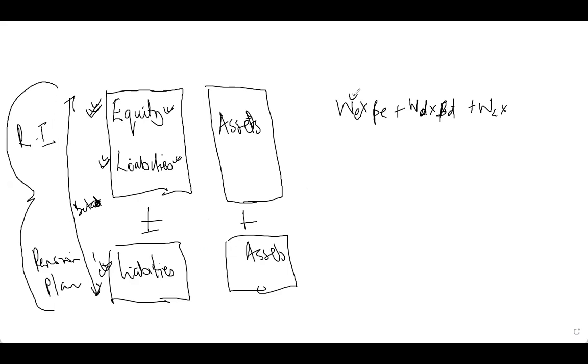So it's going to be the weight of the equity times the beta associated with the equity for Rosetta Investments, plus the weight for the debt times the beta associated with the debt for Rosetta Investments, plus the weight of the liabilities in the pension plan, times the beta associated with the liabilities in the pension plan. Okay. So let's go back to our information to actually see where